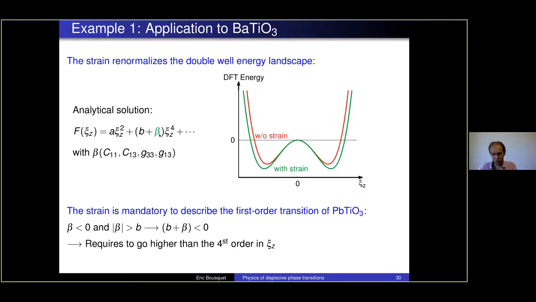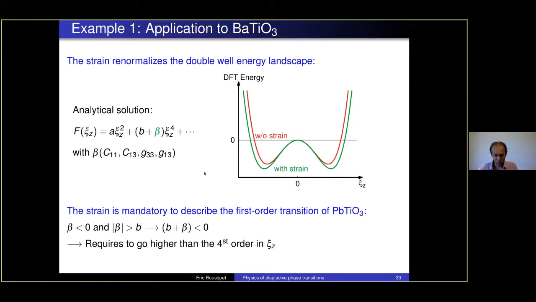And adding the strain often gives rise to a negative contribution to the Xi4 term, and this is really important because now we're going to shift to lead titanate, where the phase transition is from the cubic to the tetragonal phase only. In lead titanate, the phase transition is clearly of a first order type, meaning you have a jump at the critical temperature of the order parameter, which is the polarization here. You see that it's 0 and then suddenly starts to be non-zero.